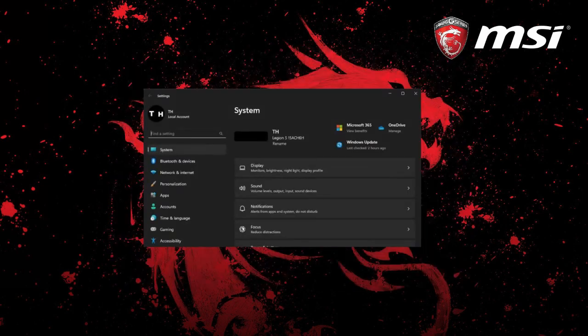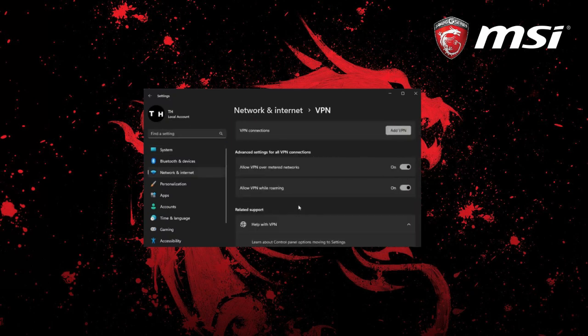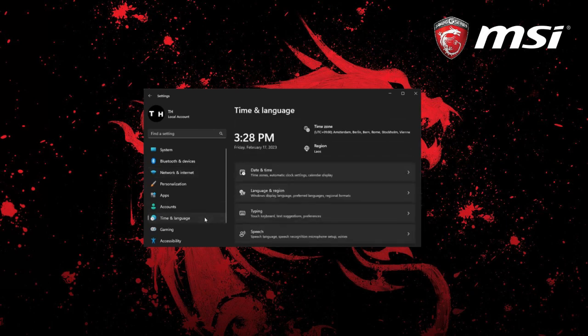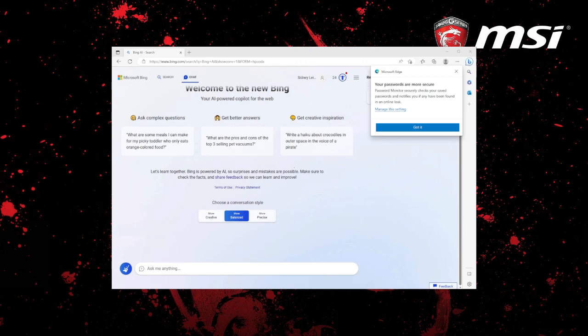Next, open up your Windows settings, select VPN in the Network and Internet section, and make sure your VPN connection is disabled. In your time and language settings, click on Date and Time. Ensure that the Set Automatically option is enabled. Clear your browser cache and site data for Bing.com to make sure any account updates will show